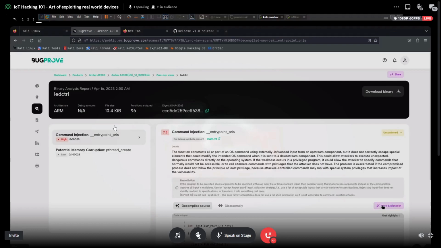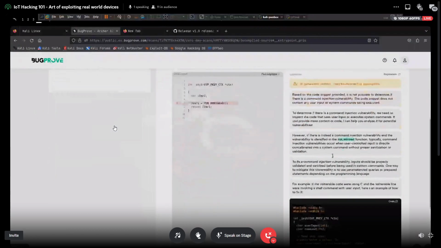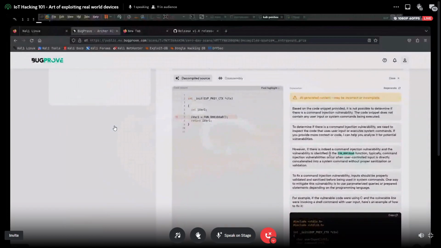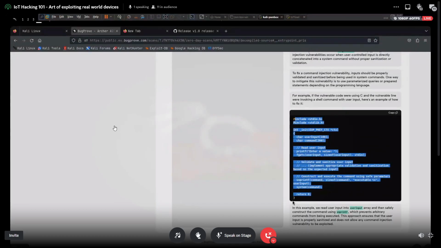And there is a nice feature to this BugProof, that is the AI. As I said, this is where generative AI comes to use in these automation tools, basically helping dummy minds understand the technical aspects. Come over here, it gives you an explanation, a code example, everything basically.